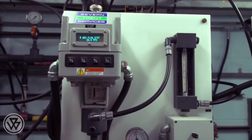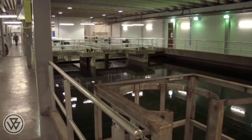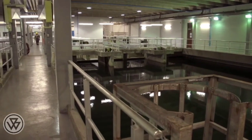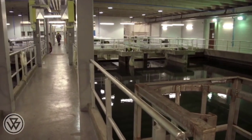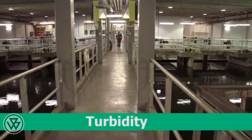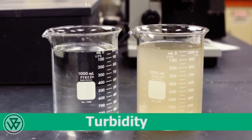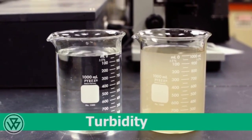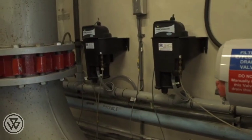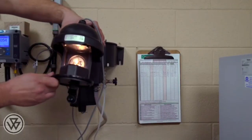Monitoring equipment reads and records different characteristics of raw water entering the treatment plant and throughout the treatment process. One of the main terms used in water treatment is turbidity, which is the cloudiness of water caused by individual particles that are generally invisible to the naked eye. Turbidity is measured by shining a bright light through a water sample and measuring how much light can pass